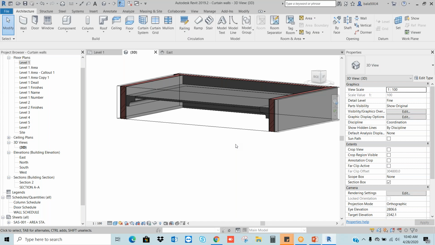Correct? In the same way in Revit, to create 3D shapes within the project, we use the model in place. If I want to use the same shape in a different project, I will create a family. Understood the difference? Model in place is nothing but the block compared to AutoCAD, and family is the W block. We can use it in any project. If you create it one time, it is useful a number of times.